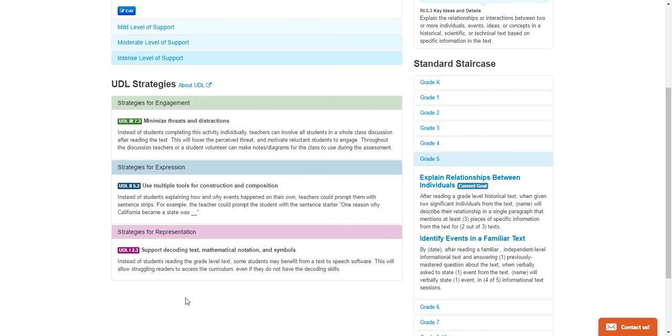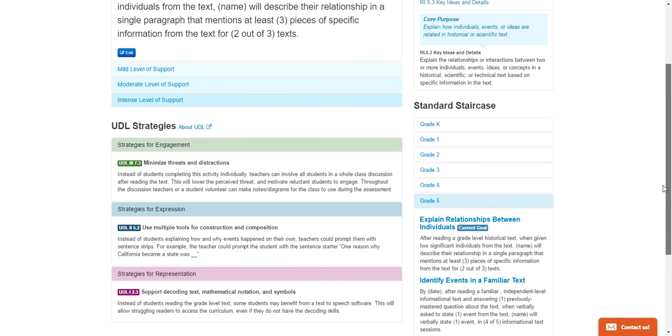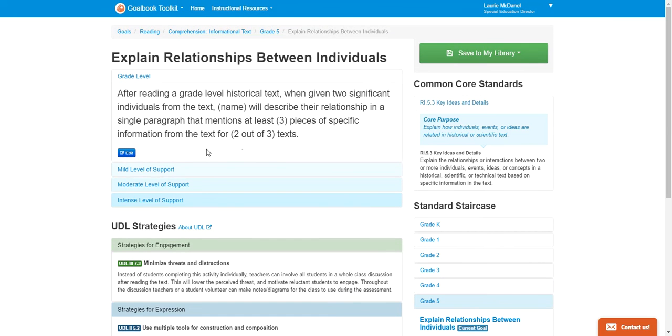And you can see there are some ideas like having a whole class discussion before the kids engage in the actual historical text analysis, or perhaps some prompting or sentence strips for expression, and maybe some kids might need some text-to-speech software if they're really low in their decoding skills. So as I look up here, those accommodations and modifications seem helpful, but I'm still a little worried about Diana,